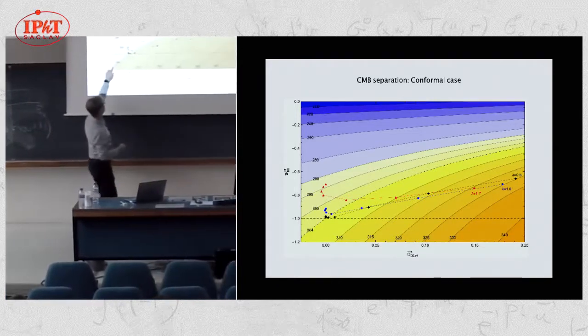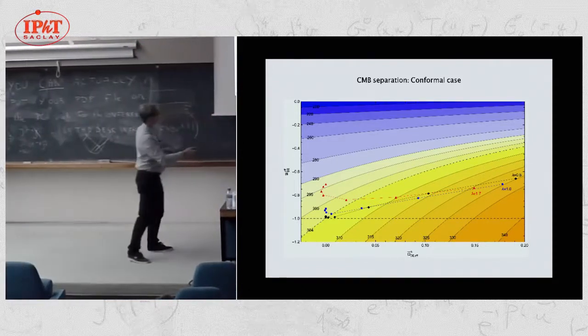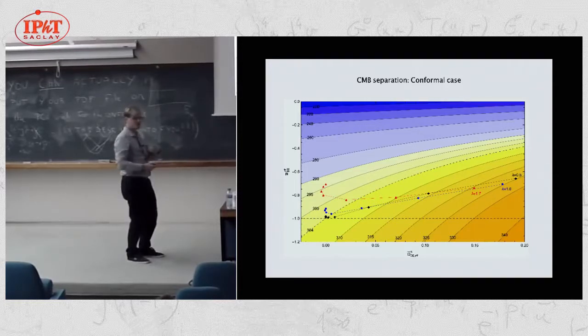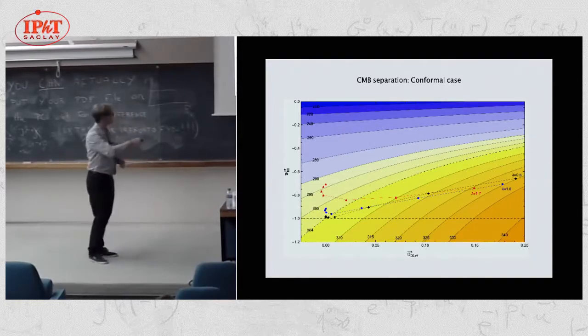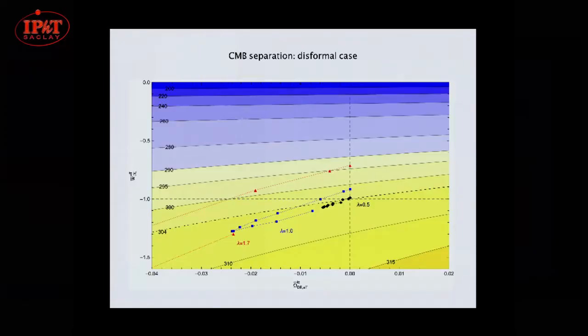And you see if you switch on the coupling, you end up with a peak separation which is different, 310, 315, depending on the coupling. Okay? And if you change lambda, you can even deviate even more from the 304 for lambda CDM. Okay? In a disformal case, this becomes interesting because,